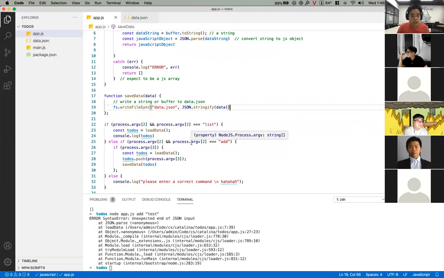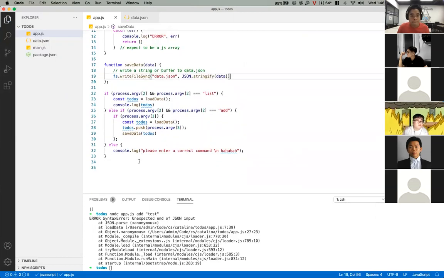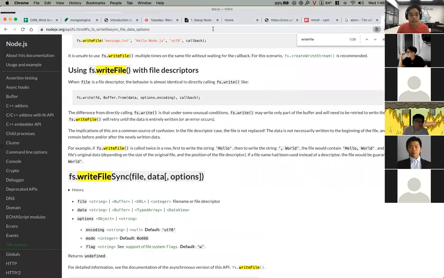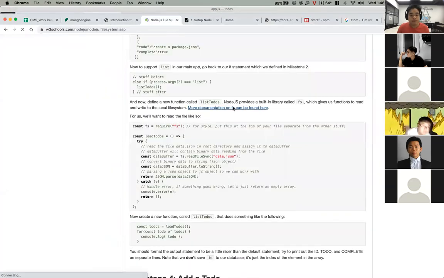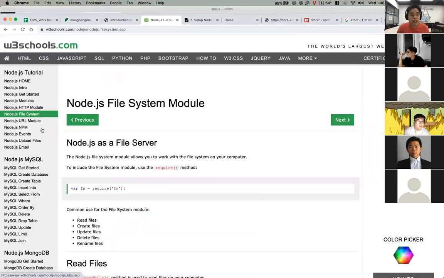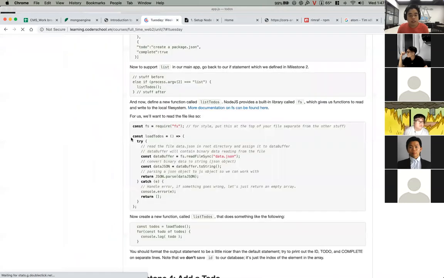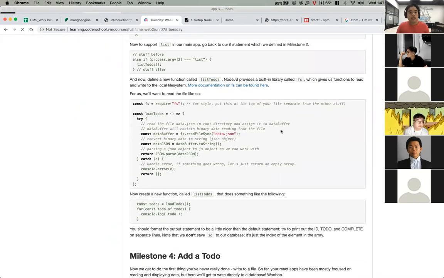Okay, that's pretty much it for this morning. Next. Oh, sorry. So here I have a link here that will take you to the documentation for the Node.js modules. Right. Next is that